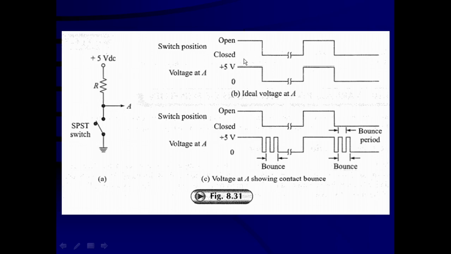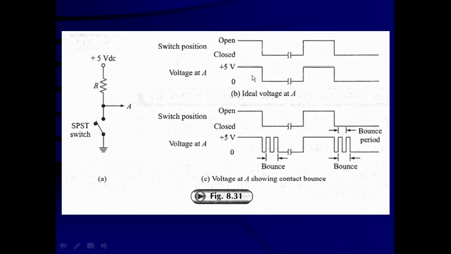You can see in the waveform also, this is the ideal waveform at point A. When the switch is open, the voltage at A is 5 volt. When the switch is closed, this arm is connected with this arm. What happens? This circuit is closed, so current will pass. V upon R is equal to I, that is the current, and IR is the voltage drop across this resistance, and the potential at this point is going to be 0 because the ground is connected through the switch, with 0 resistance, to the point A. So the voltage at point A is going to be 0 volt.